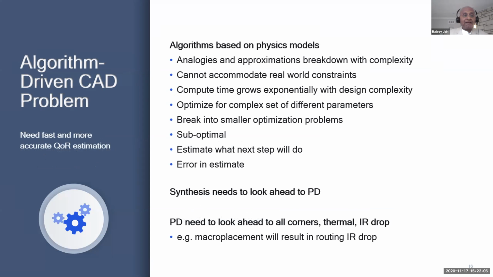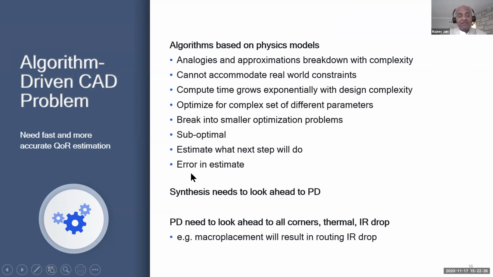And we need fast and more accurate QoR estimation, which is a challenge. So not only are the current estimations inaccurate, but if we want to get an accurate one, we have to run the entire tool, which makes it very slow. And then there's another layer on the problem, that apart from the estimates within the tool of place and route